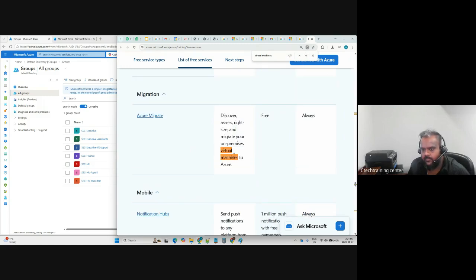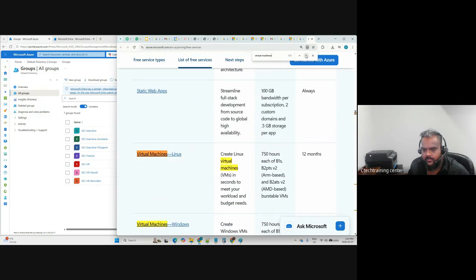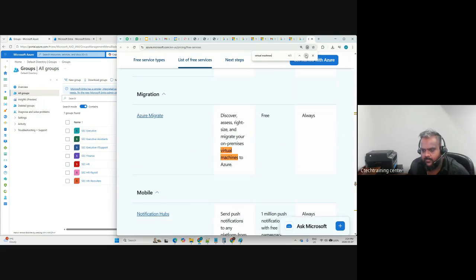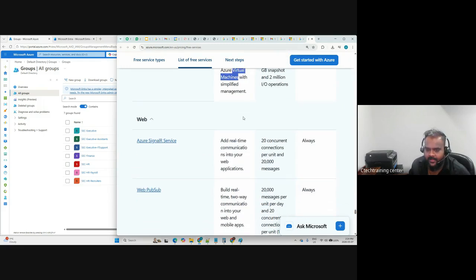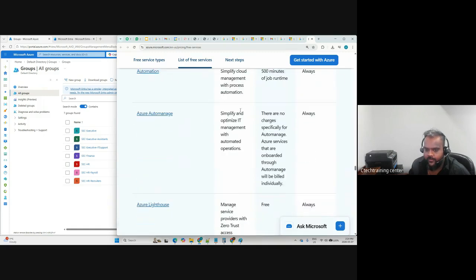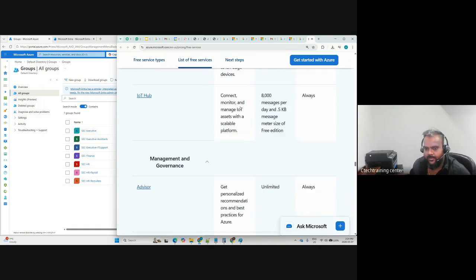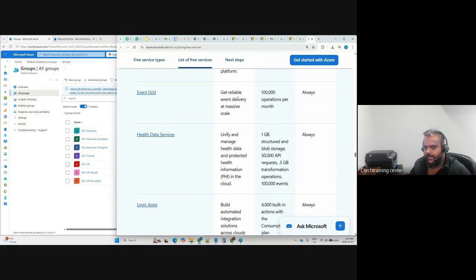Discover access, migrate your. This is for migration. Manage disk. Oh, I guess they don't have it anymore. So they have only for 12 months. They used to have one. It's a very small Linux machine, always free, but they removed it. Obviously, they're probably not making money from it, right? So 1 year is enough for you to test out and do your stuff, but yeah, they have some always